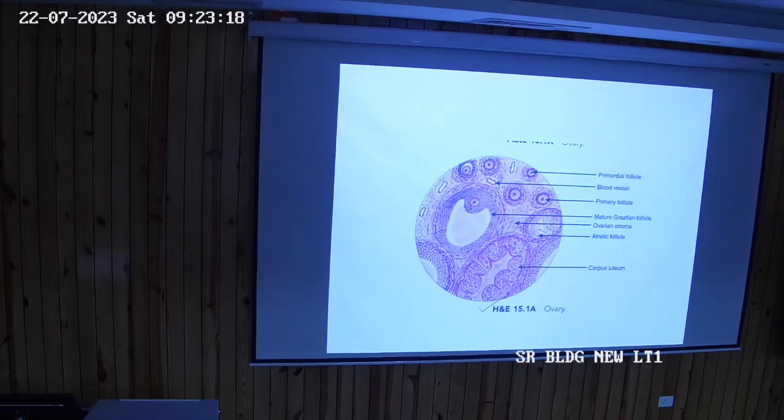Now, listen and understand, very important part. Up to the ovarian follicle, the oocyte passes through the first meiotic phase, and it has completed its first meiotic phase up to the mature Graafian follicle. Afterwards, in the mature Graafian follicle, what are you seeing, the oocyte? That is the secondary oocyte. I told you a very simple thing. Before the formation of mature Graafian follicles, from primordial follicles to the formation of mature Graafian follicles,